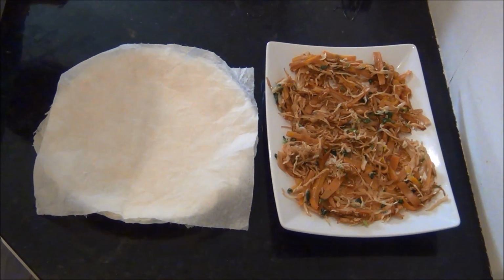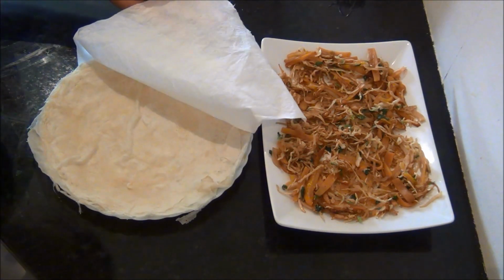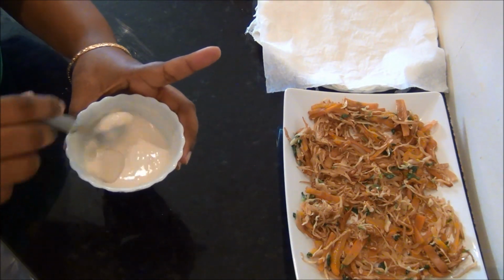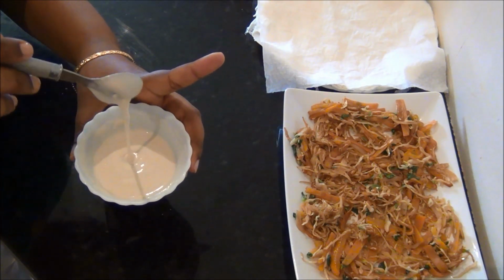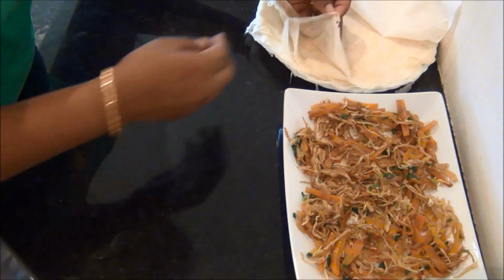Next, to prepare the spring rolls. By the time the stuffing has cooled down, I have kept the wrappers covered with a damp kitchen cloth so that they do not dry out, and I have prepared a paste using 2 tablespoons of plain flour with 4 tablespoons of water into a thick paste like this, and keep it ready. Next I am going to take one of the wrappers and